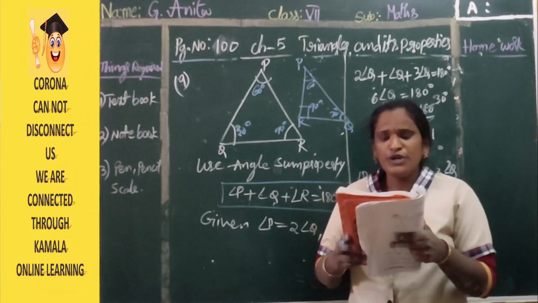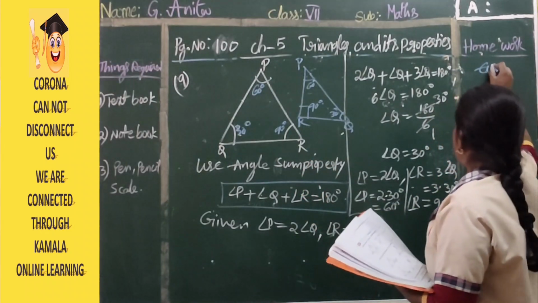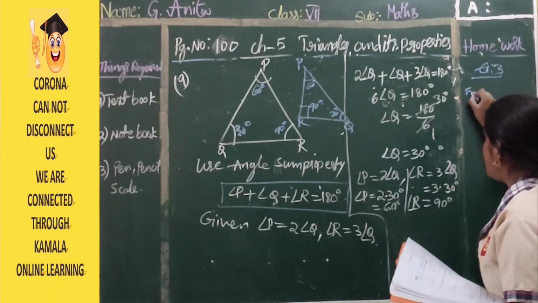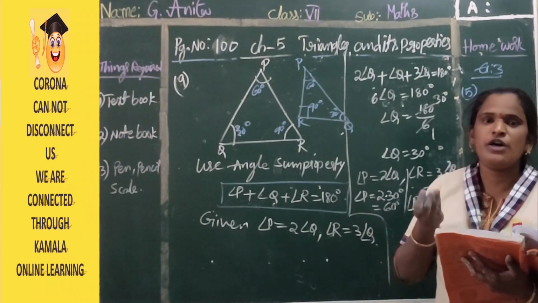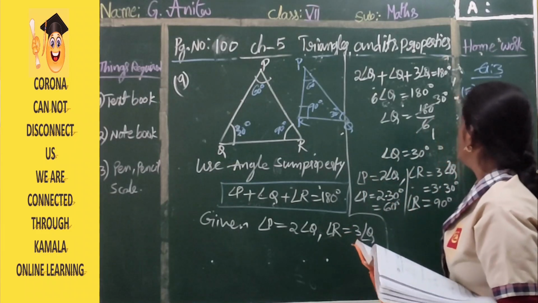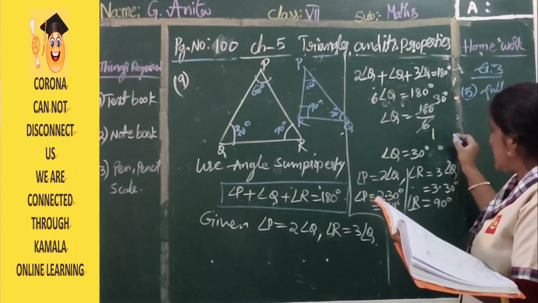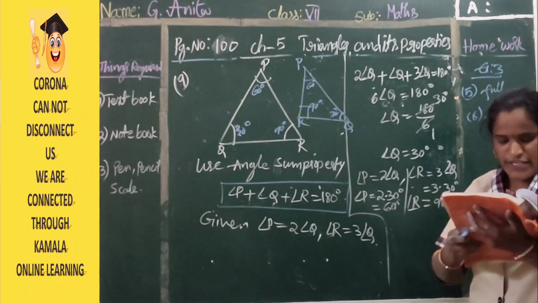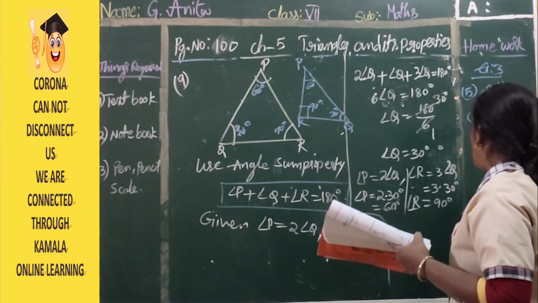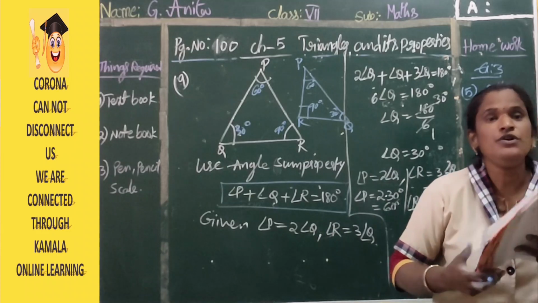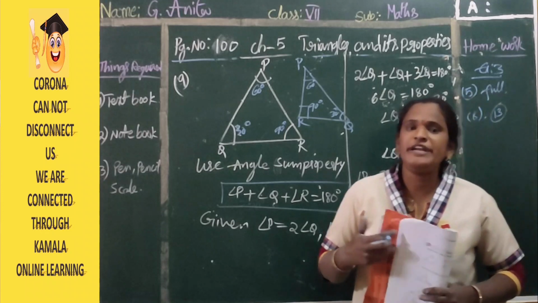Okay, children. So note down your homework. Your homework is exercise 3. In that, the fifth question, in which statements are given and they are asking whether each is true or false. You have to complete that full fifth bit. Next, the eighth question is your homework. Next, in that, the 13th problem is also your homework. It is very easy and simple for you. Okay, children. Thank you. We will meet in the next class.